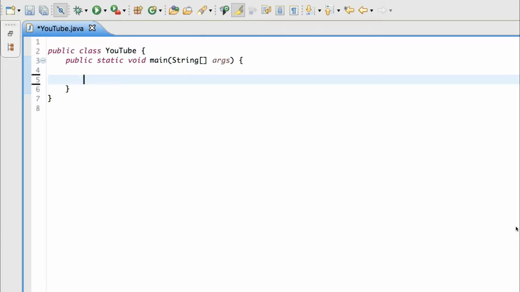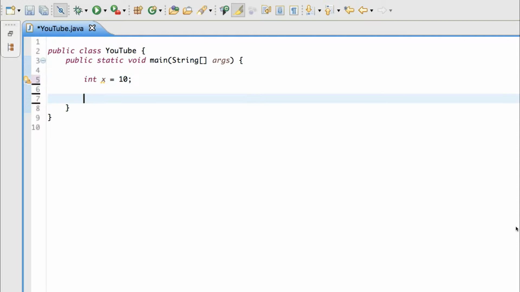So we can start off by creating an integer, and I'm going to name it x, and have it equal 10. An if statement is written exactly as it sounds. You write the word if, and then you put parentheses behind it. If we want to check whether x equals 10, we would write if x equals 10. What these double equal signs are doing is basically saying, if the value stored in x is 10, then we would say